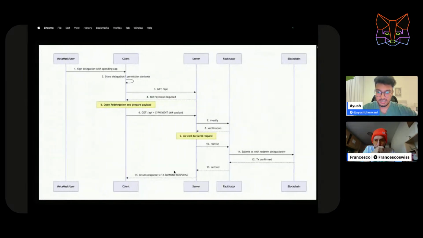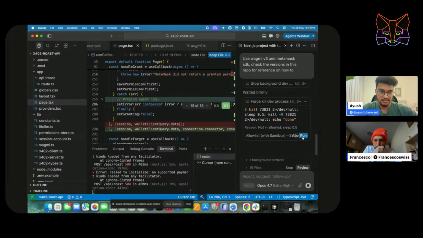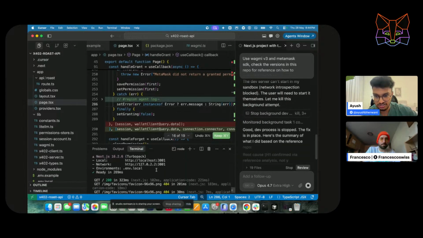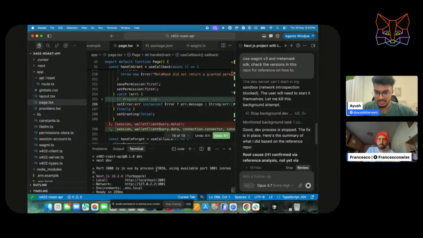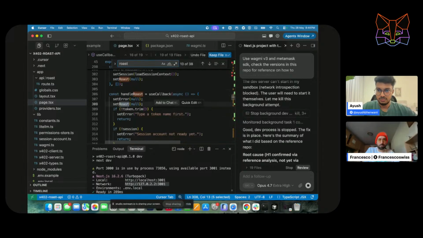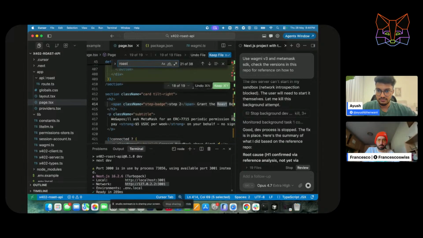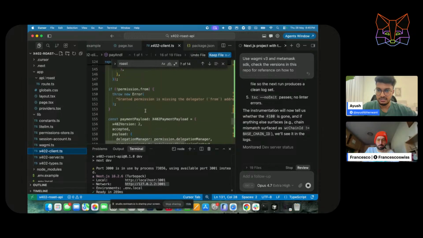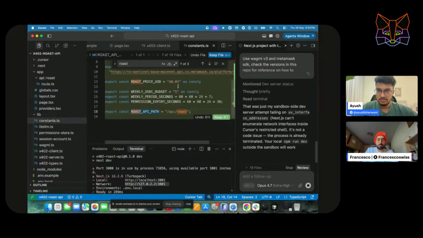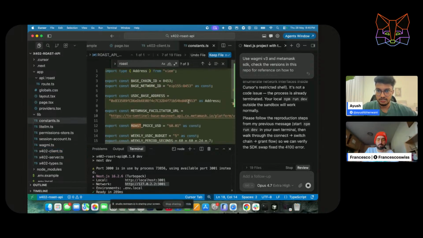Oh, wait, maybe since it is already running in the background, we run it again, and we might have changed the server URL, and the server URL on the front end might be different. So that can be an issue. It should be... so this is the client one, right? And the fetch payload application JSON. So roast API path.